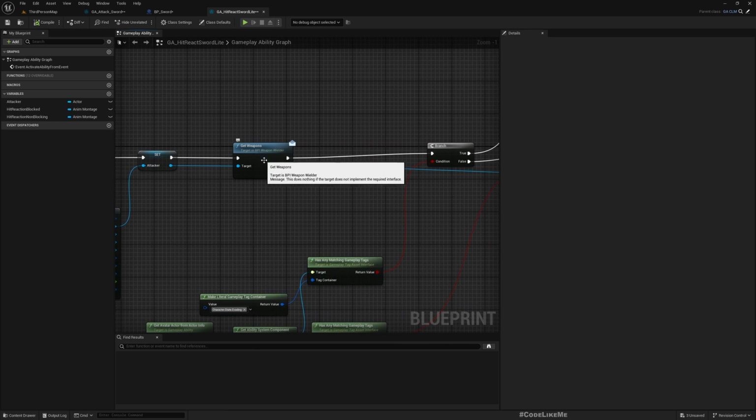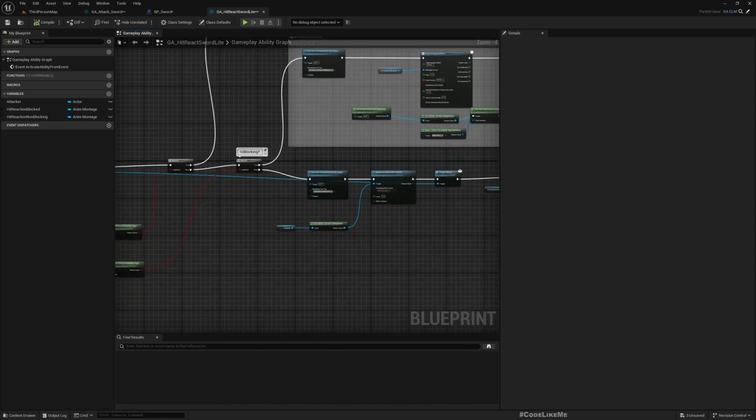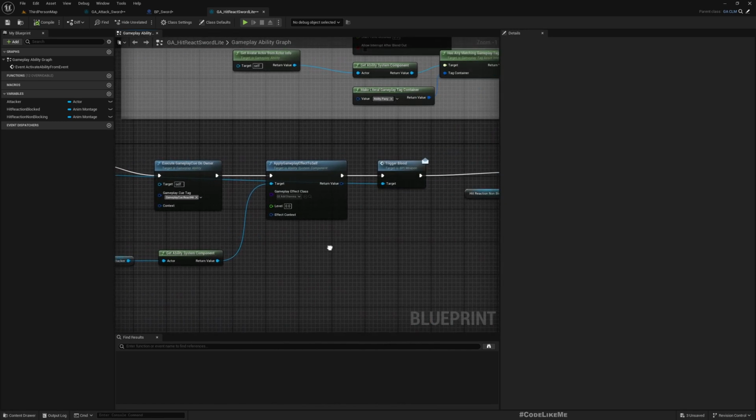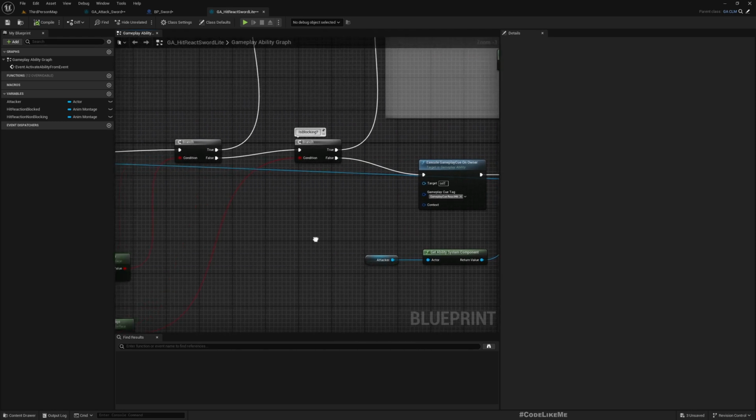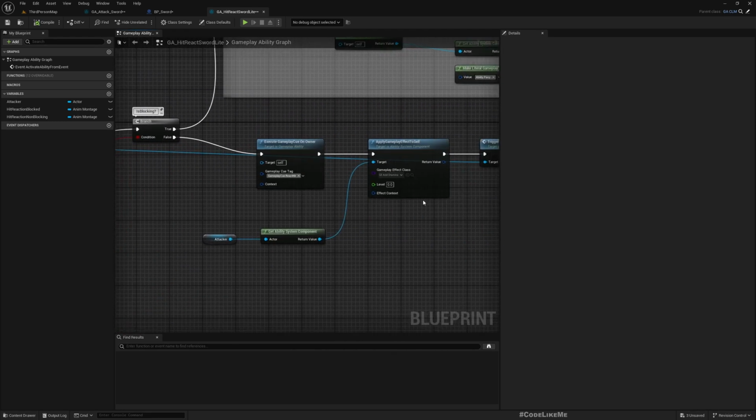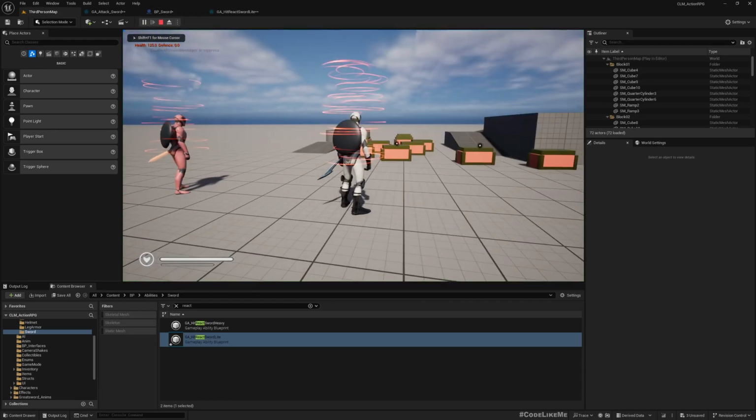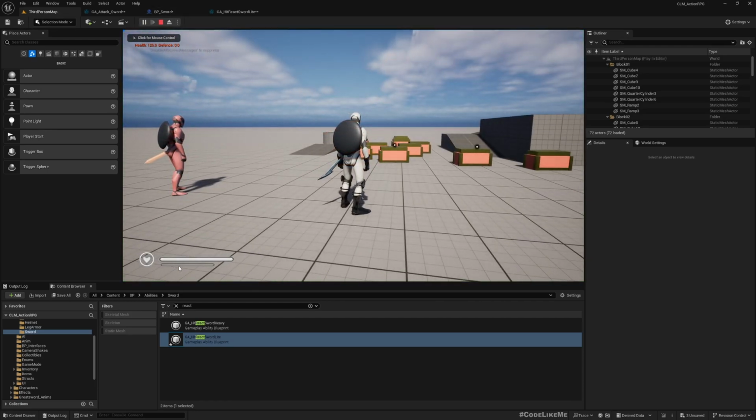From the instigator we can get the weapon, and then we enable this blood trigger, and also we have some other stuff like this. We add stamina to the attacker, because not exactly stamina, but we have this blue bar here which builds up as we do successful attacks, which can be used to do things like